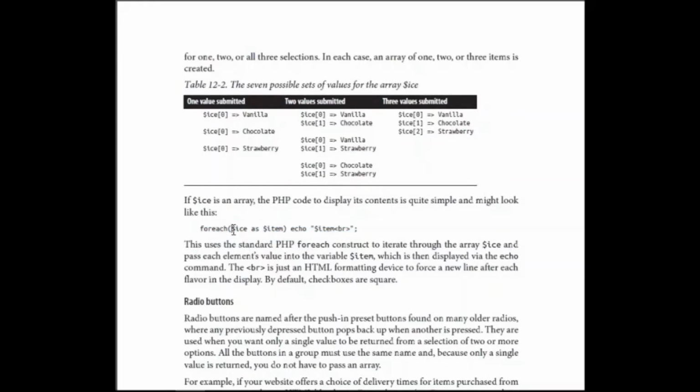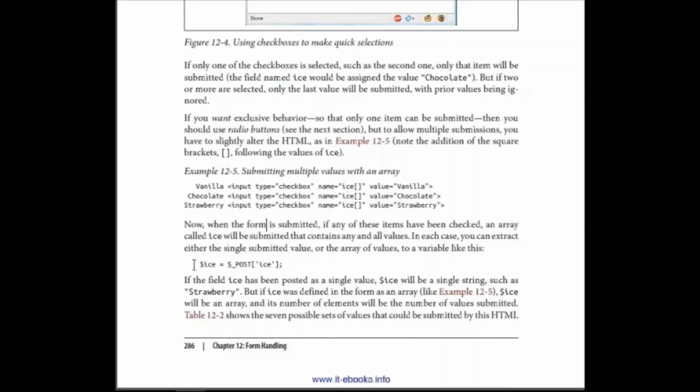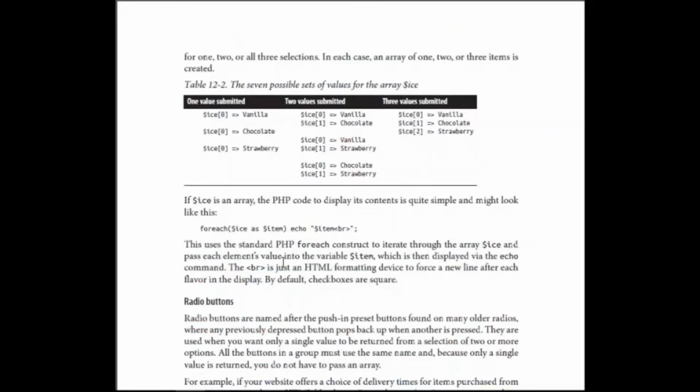Simply you declare a variable, this is $ice, as $item. And what is $ice? We know that already. $ice is right here. We have initialized $ice with this $_POST['ice'], and how would we access it? We will place $ice inside $item, then we will echo $item. This is the first index, then it has 3 items. It will run again, it will place here and display the other index. Then it will run again until all the indexes are reached.